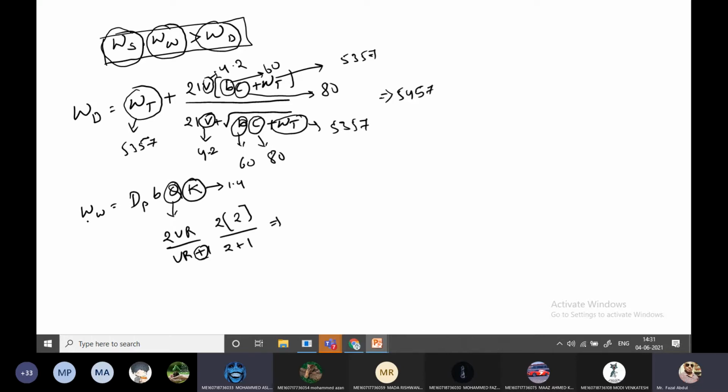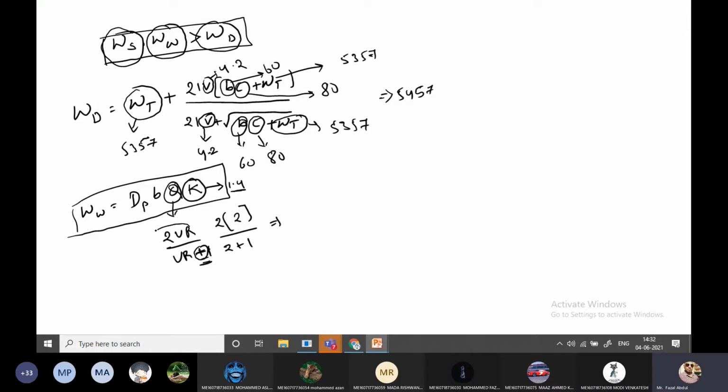Q. Yes, sir. So see here, this is the wear load equation I have written on the screen. dP into B into Q into K, where dP is the diameter of the pinion, B is the face width, Q is the ratio factor or velocity ratio factor, and K is the load stress factor. The load stress factor is already given in the question as 1.4, and this factor Q is 2VR by VR plus or minus 1, where VR means velocity ratio. The actual equation has plus or minus 1.